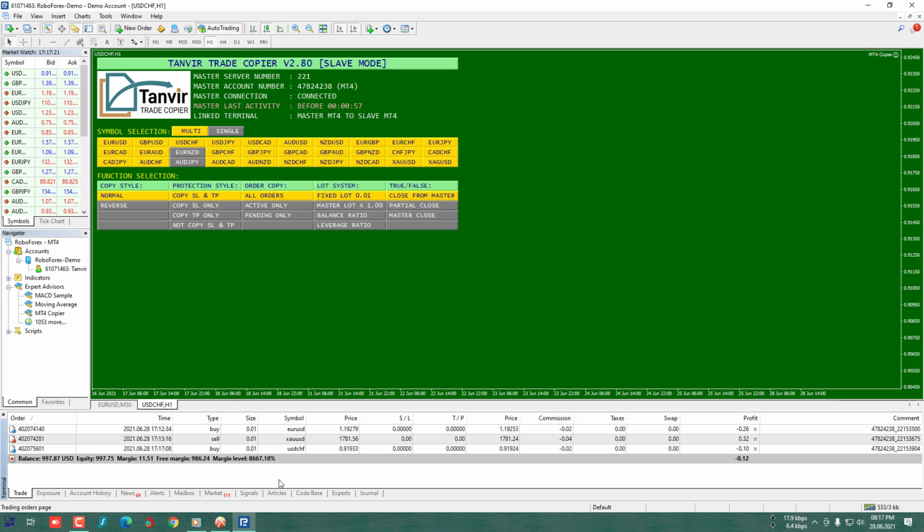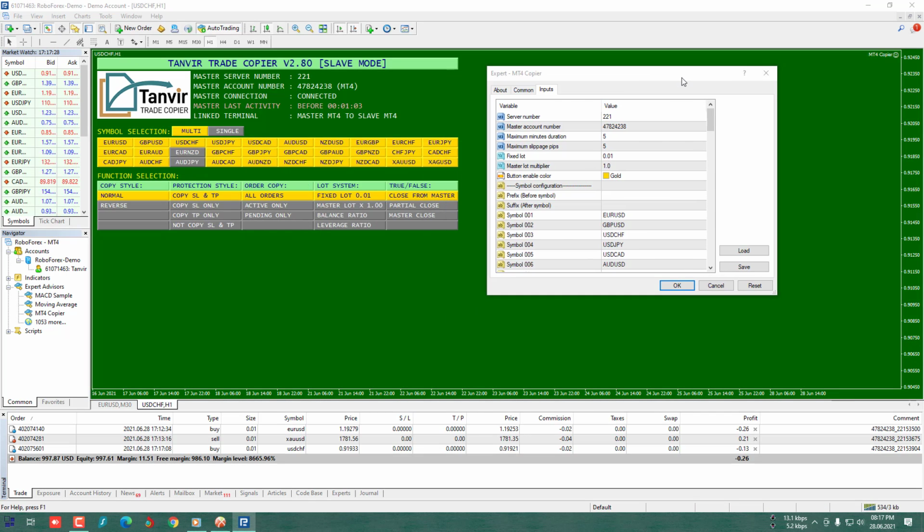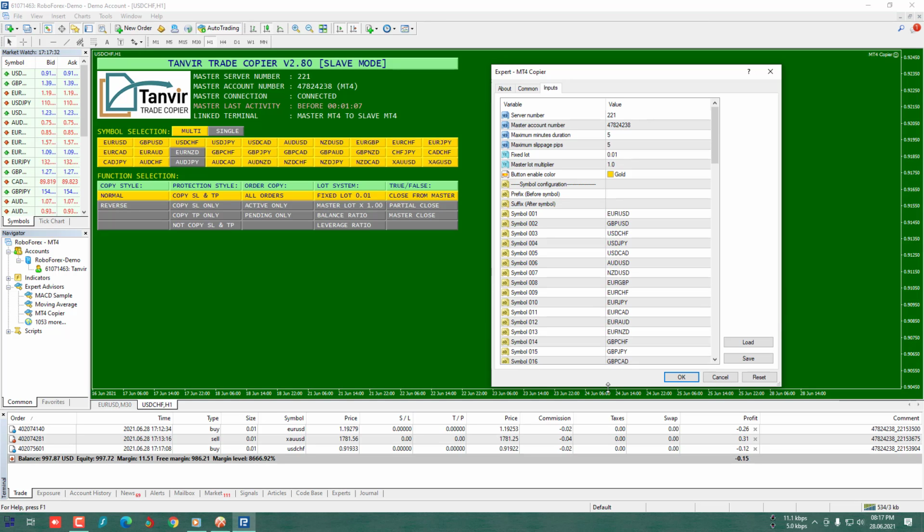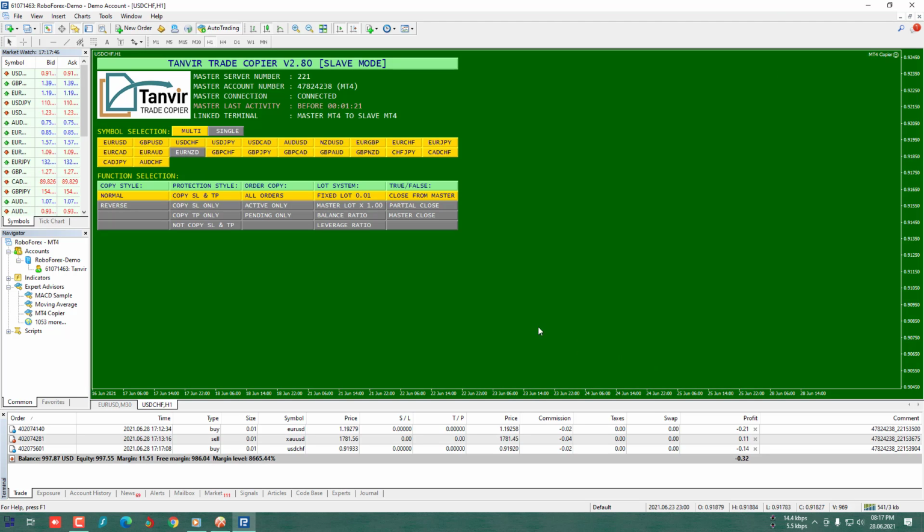Now I want to remove a few symbols from chart. Open inputs section and remove from here. See, the symbols which I removed from inputs section are removed also from chart. Now I want to add a few symbols on the chart.